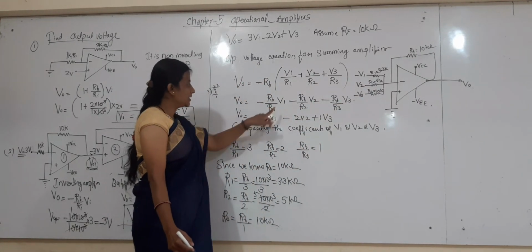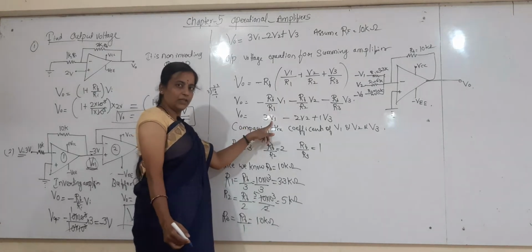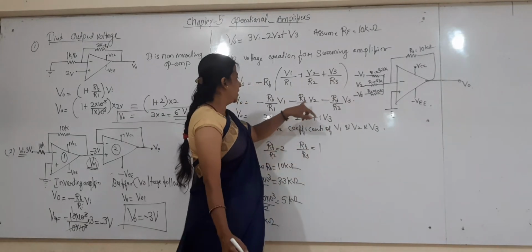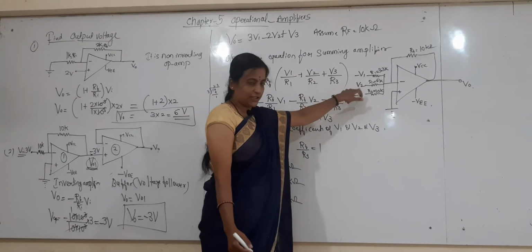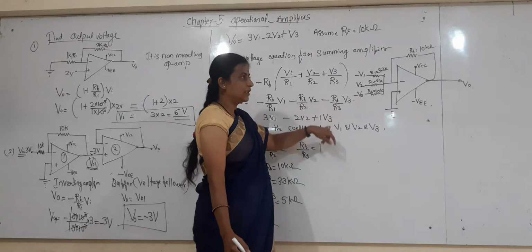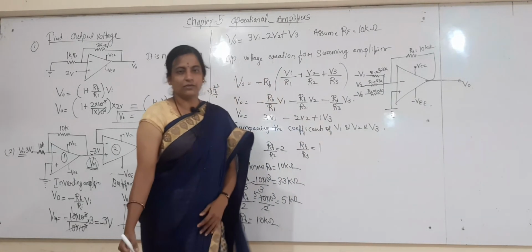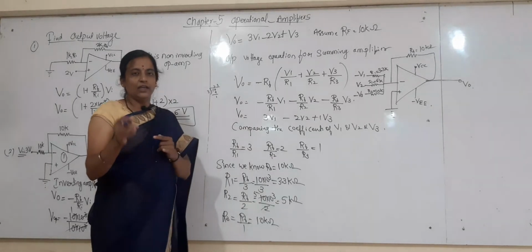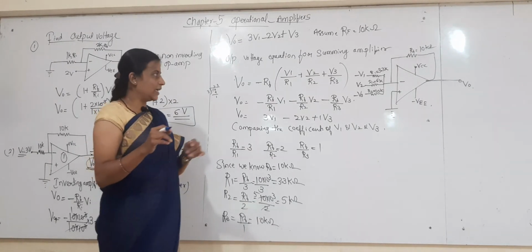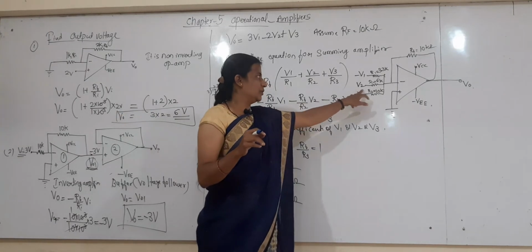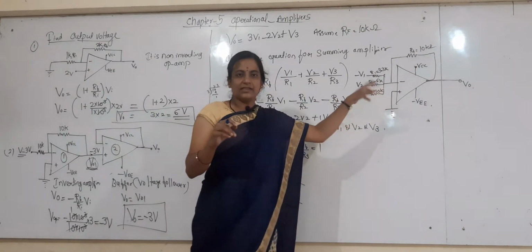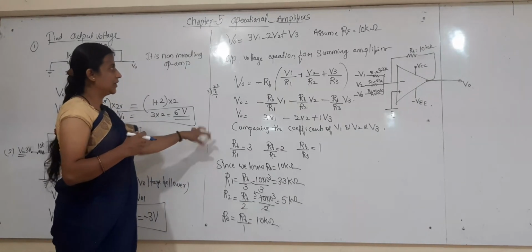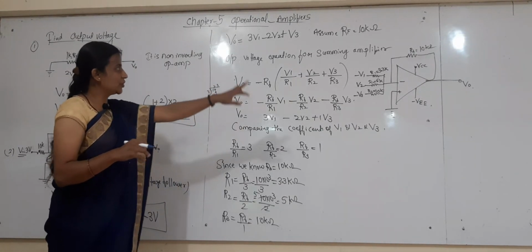So here V1 is minus, but in our given equation it is positive, which means we have to apply a minus sign. Here V2, both are negative, which means it is positive. And here V1 and V3 are in opposite signs, which means you have to use minus V3. So the input voltages V1 and V3 are negative, whereas V2 is positive. Such input voltages are going to be applied to the summing amplifier circuit. So this is the required solution for this problem.